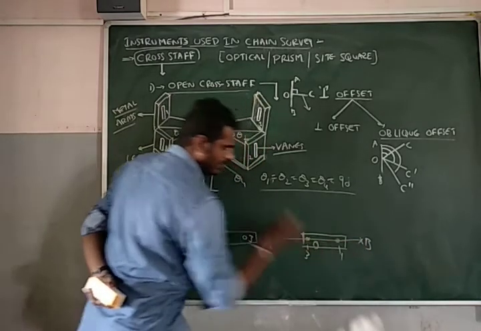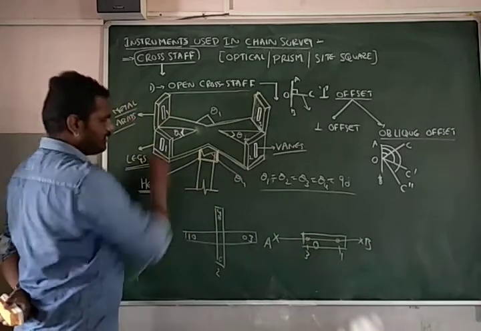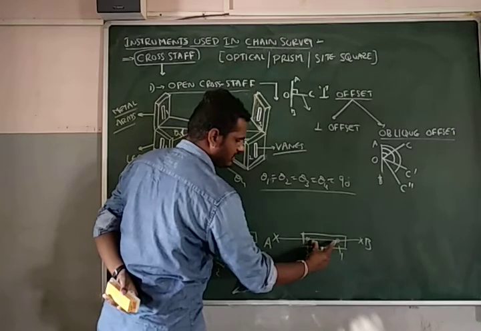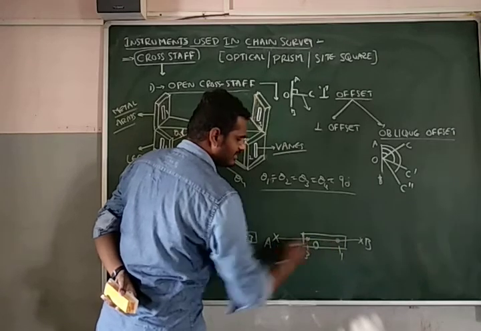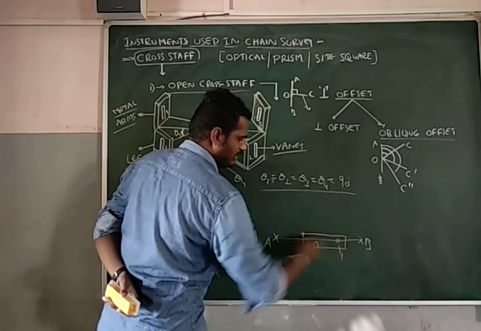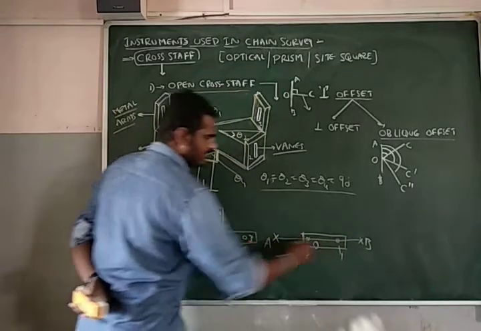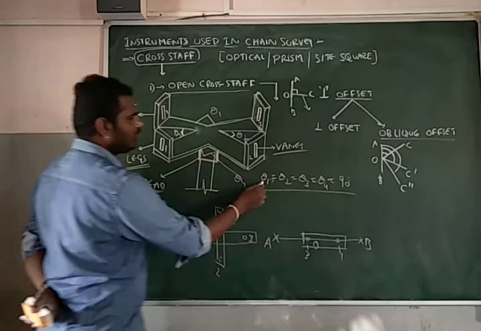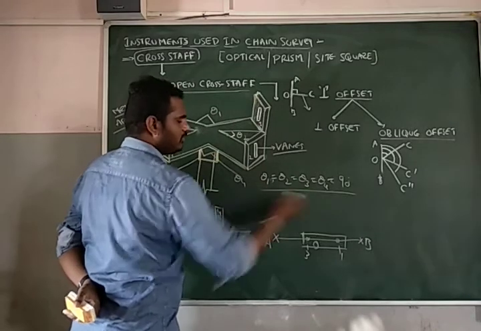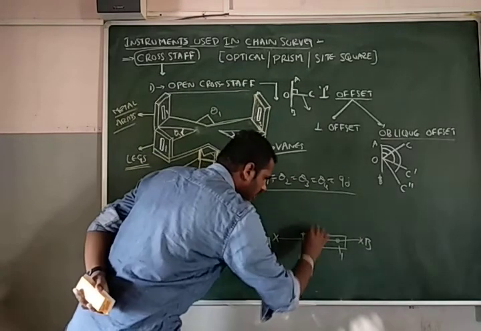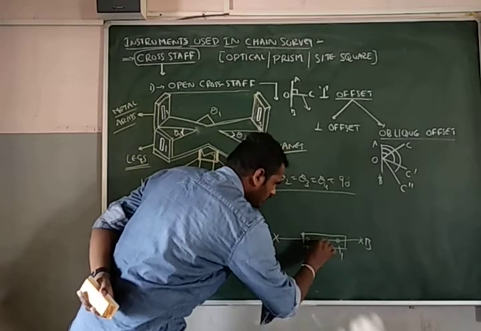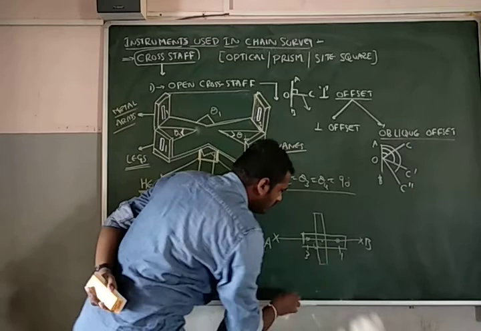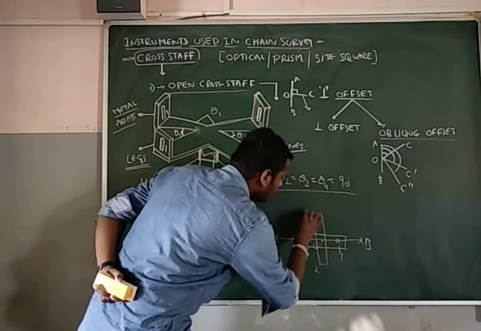So you can ensure that the third open slot and the first open slot, simply known as vanes, these two vanes, are in the same line, meaning they lie on the AB line. Now, as I discussed, all vanes are perpendicular to each other. Therefore, the remaining ones, one of which passes through O, let us say O is somewhere here, the remaining two are the second and the fourth.